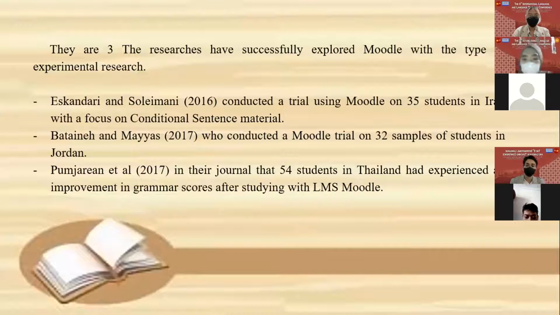There are three research studies with success about LMS. There are Eskandari and Sulaimani, 2016, who conducted a trial using the model for 35 students with a focus on conditional sentences and material. And the second, Botain and Mayas, 2017, who conducted a model trial, taking a sample of 32 students,